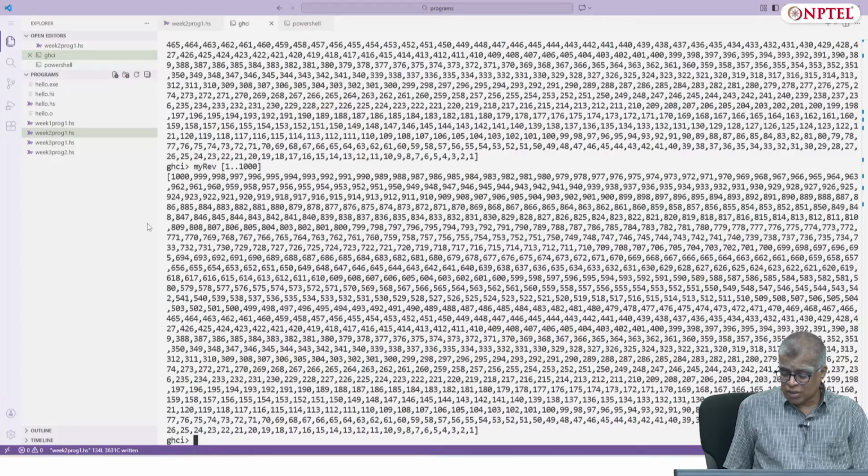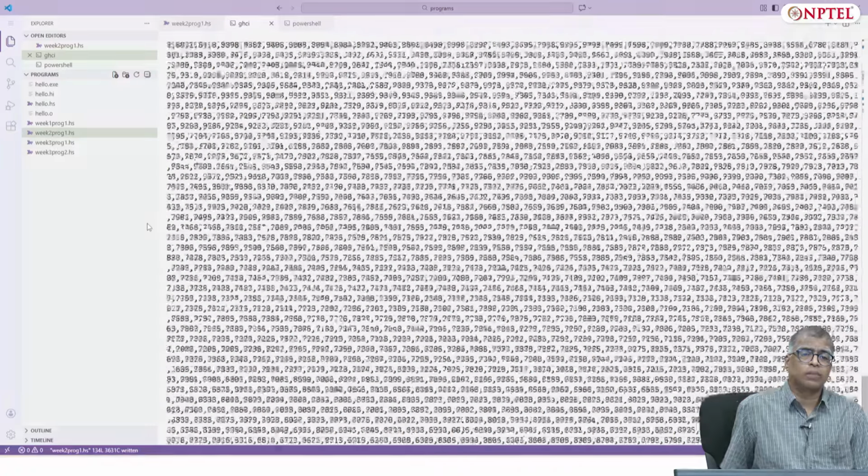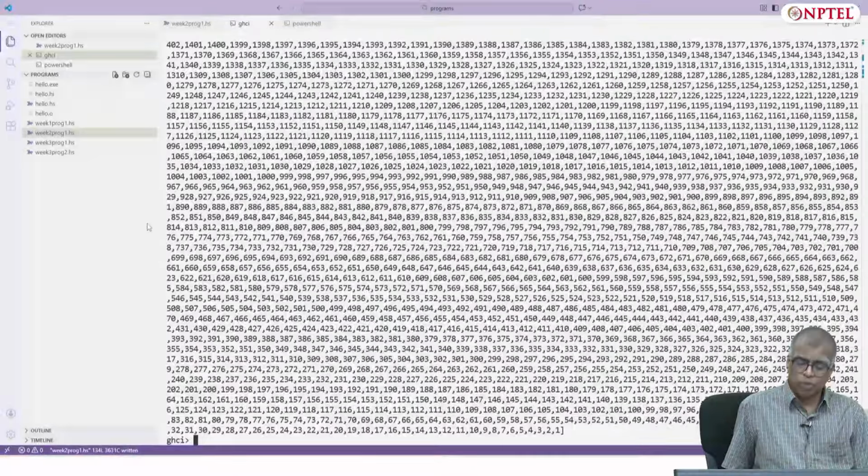You can see that there was a mild stutter. Let's try fast rev. If I increase it to 10,000, you will see that the difference is more noticeable. It started to print immediately.